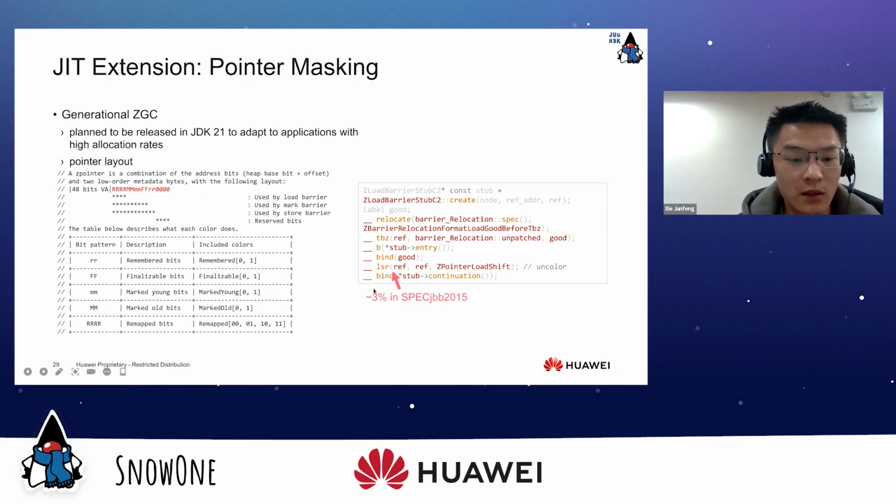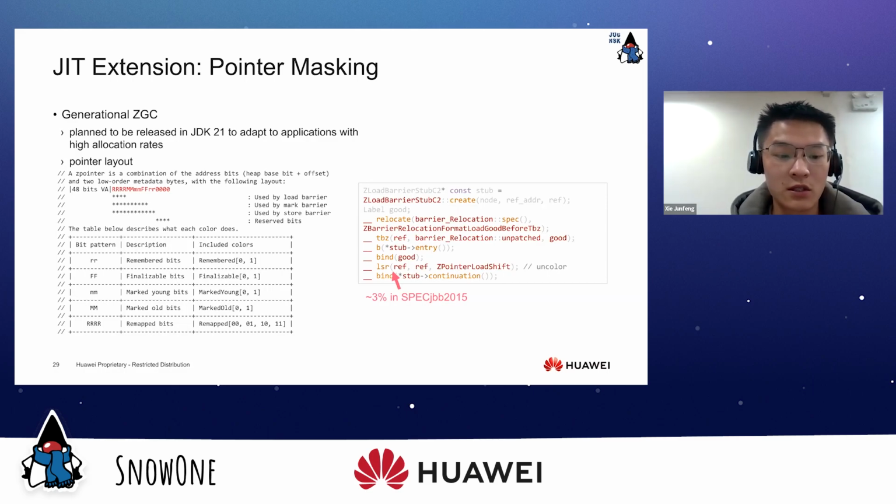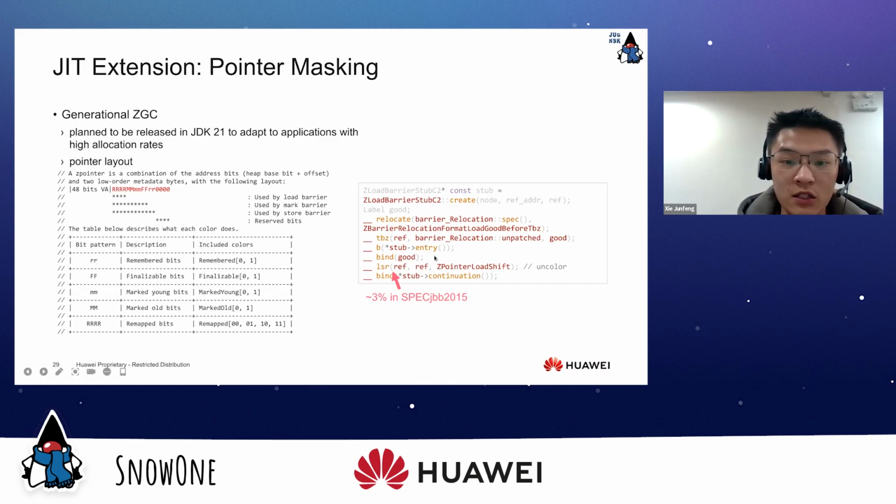Their current solution is to add an extra dereference instruction, LSR. They put the colored bits in the lowest 16 bits and right shift them in the load barrier. They call the shift operation uncolor.